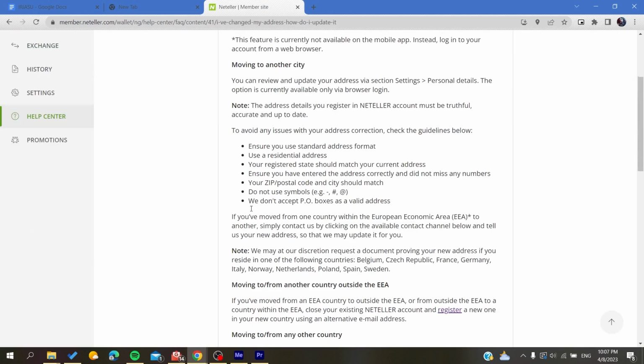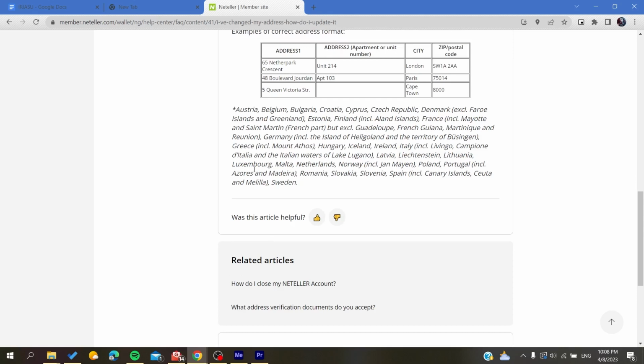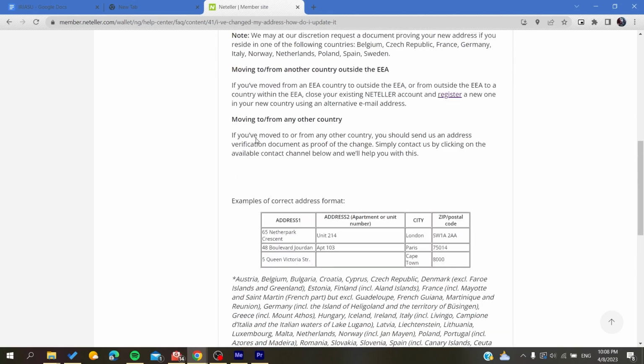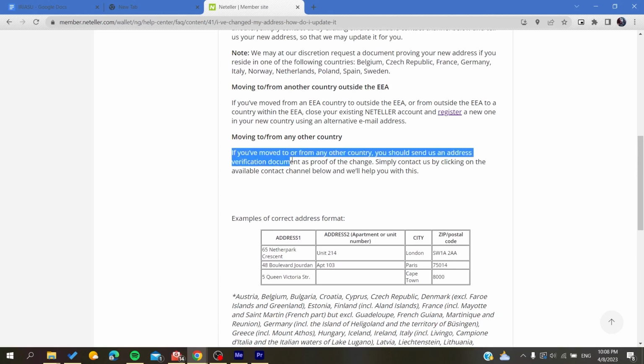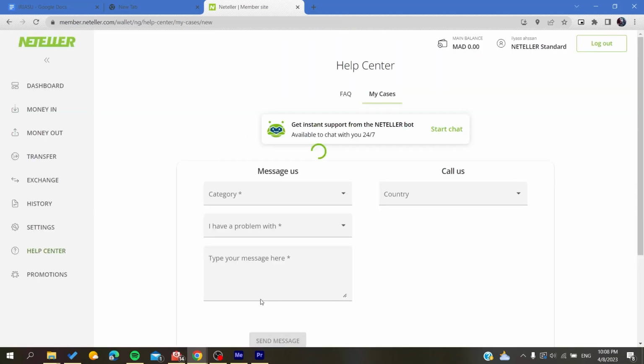So to update it, you will need to contact the support and give them the personal information or the documents, like, as you can see, if you have moved from another country, you should send the address verification documents as proof of the change. So basically you need to have some proof of your country changing,